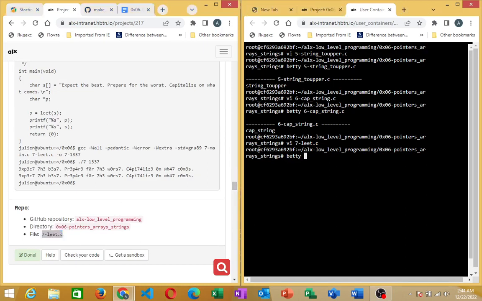Paste that in, so AV, press tab. So there was no error returned for Betty. Then you can go ahead and do your git add, enter,